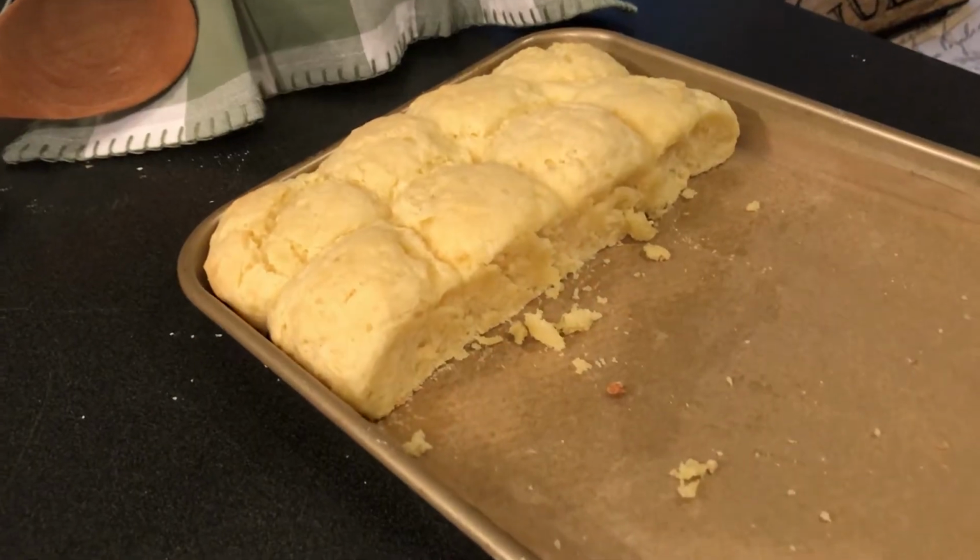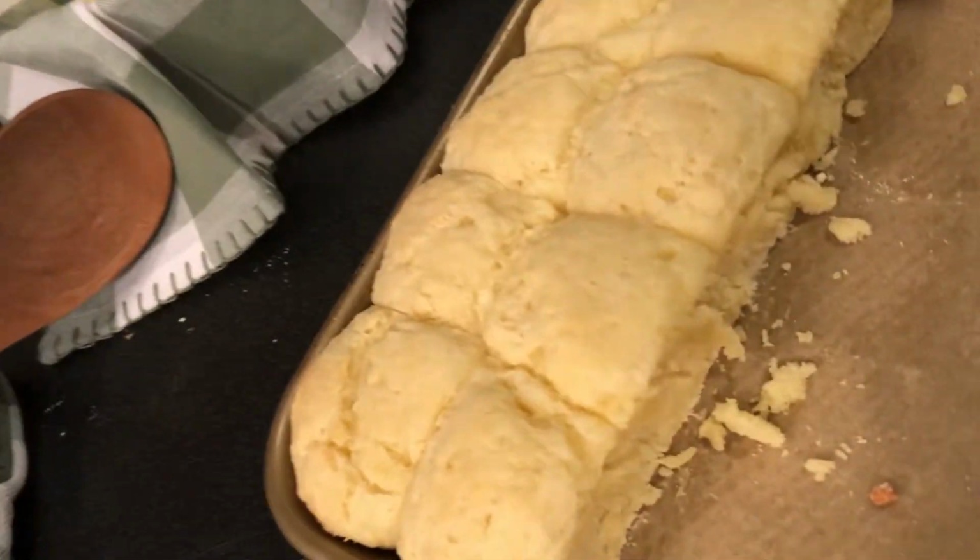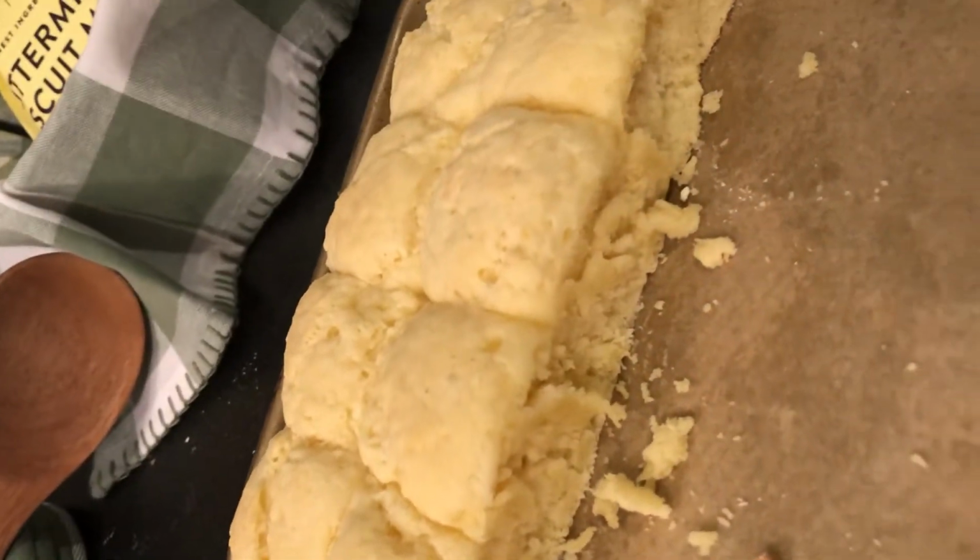These turned out just like, I mean, why wouldn't they turn out just like Callie's Hot Little Biscuits? It was the exact recipe. We had her biscuit mix. We used the buttermilk. Had the organic salted butter, the cream cheese. We did it just like she does it in her kitchen, and they turned out a-okay. And here's how they look. Like I said, we already ate a row of them, but look at how doughy and